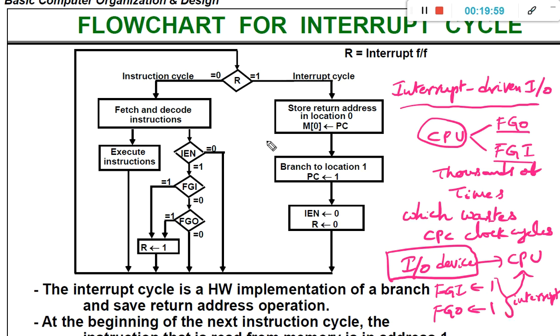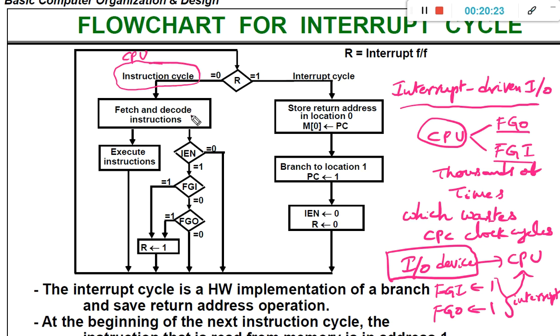So what is the basic duty of the CPU? To perform the execution of instructions, that is called the instruction cycle. The CPU is always meant for executing the instruction cycles. So what is that instruction cycle?